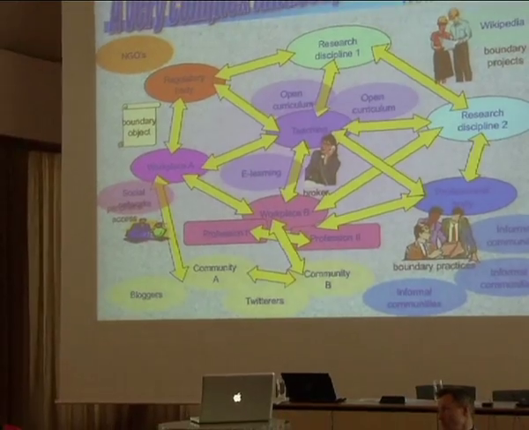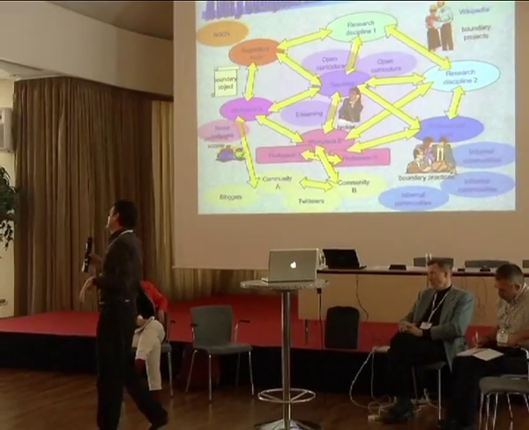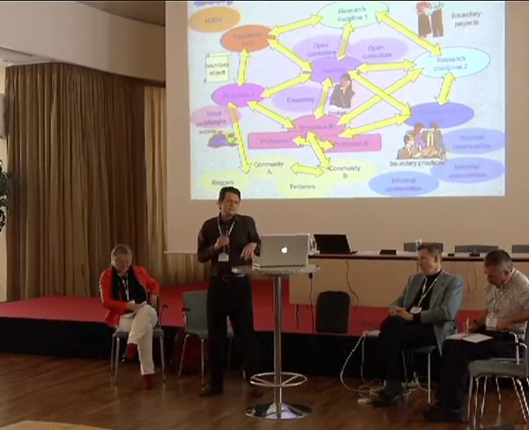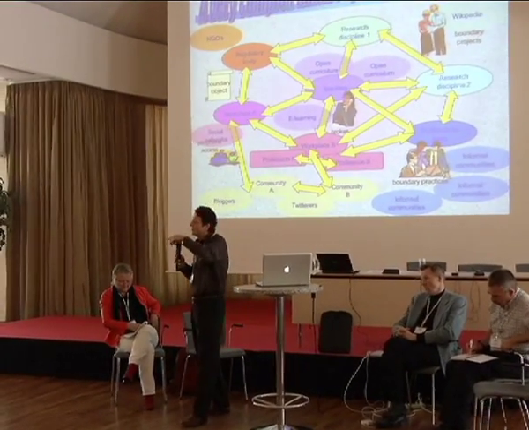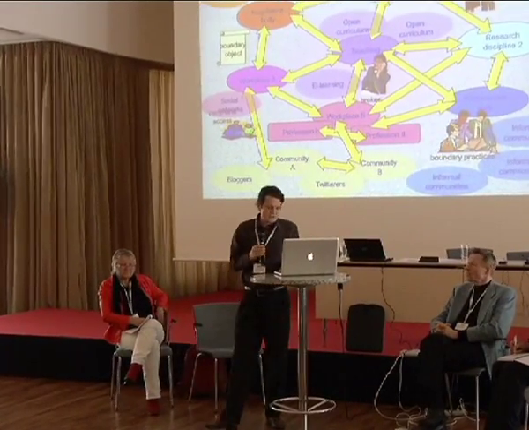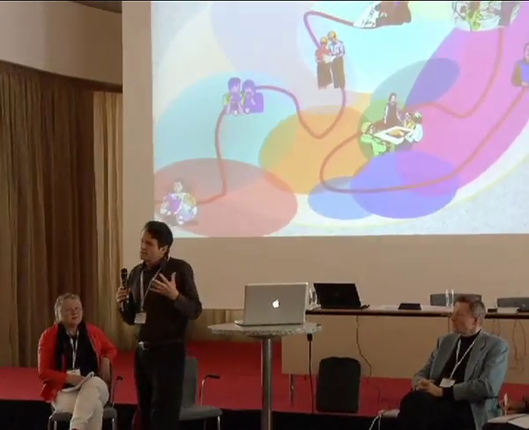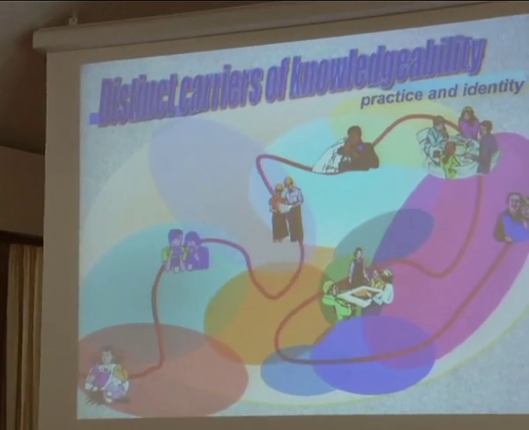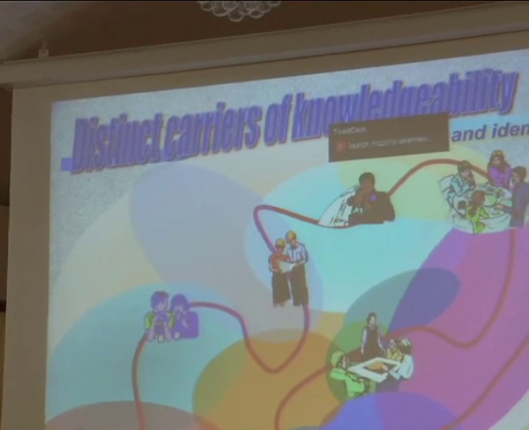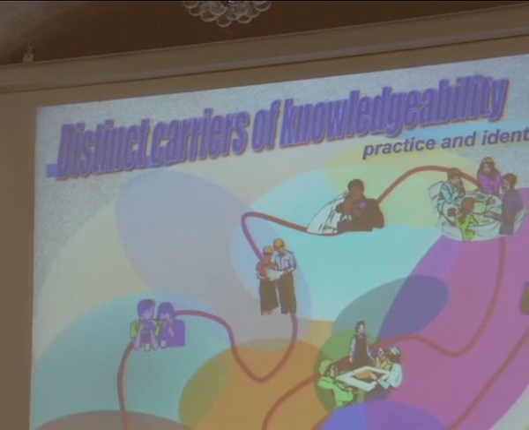And I would say that this development of multiplicity of places of accountability and places of identification is actually an important characteristic of the 21st century, that in some sense places more of the work on individuals than in the past. So I think we are seeing an evolution here from the point of view of identity. And that means that from this perspective, there are different carriers of knowledgeability in the world. And so for me, a social practice is actually a carrier of knowledgeability, but so is your identity, you know.